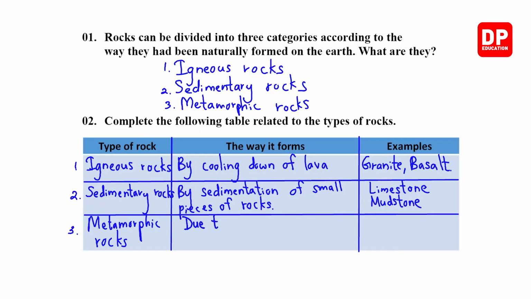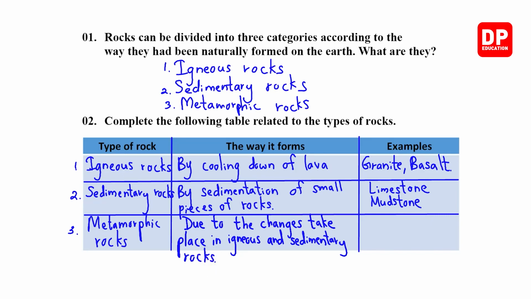Due to the changes that take place in igneous and sedimentary rocks. We'll write examples. Marble, gneiss,